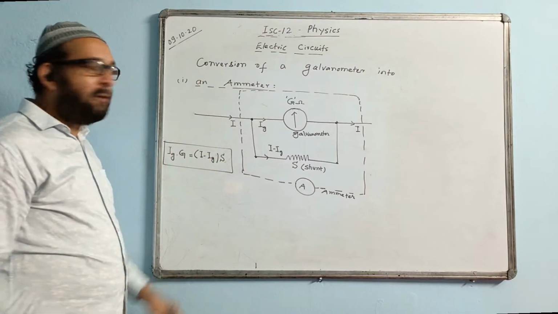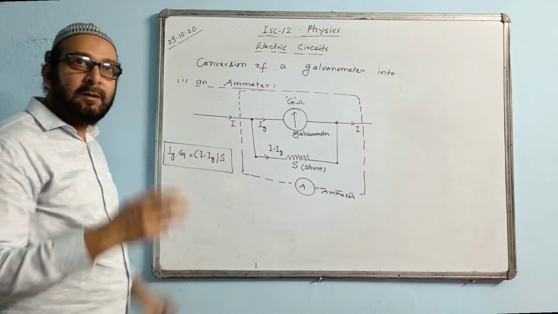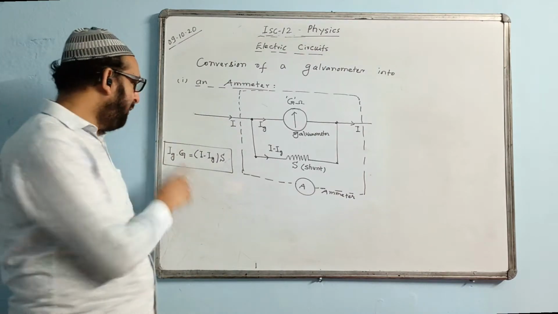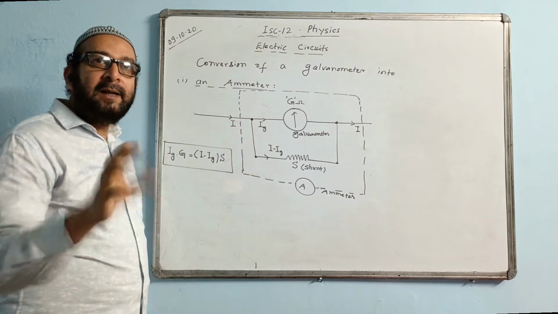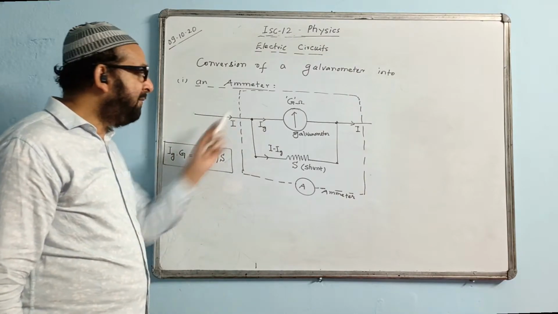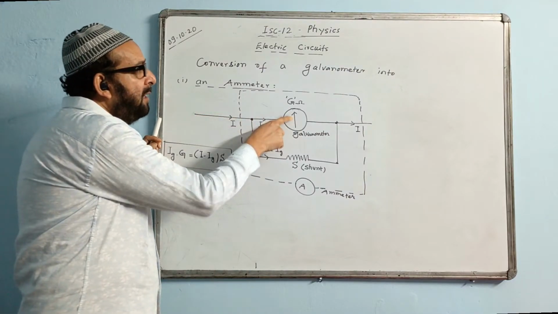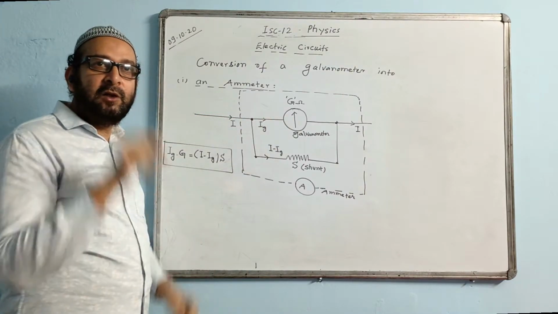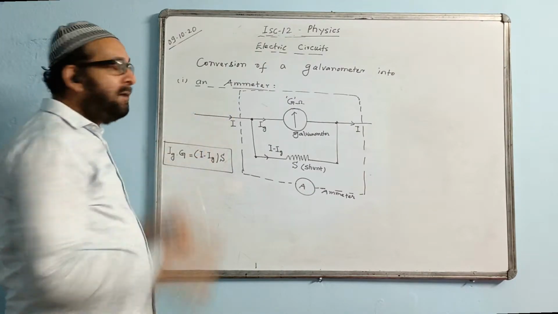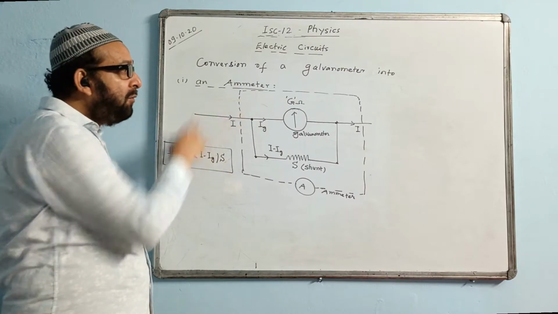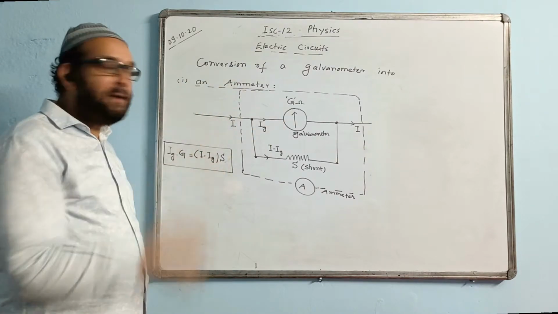High current you want to measure, or there is a range for it. The ammeter will have a range. Suppose you want to measure 10 ampere current, the value of I you put 10. And the idea why it prevents the damage is like this: suppose the galvanometer can withstand 0.001 ampere current, and from the source 10 ampere current is coming, or 10 ampere current you want to measure using this galvanometer only. It cannot measure, it will get damaged.